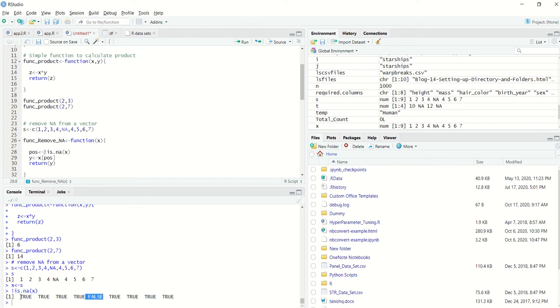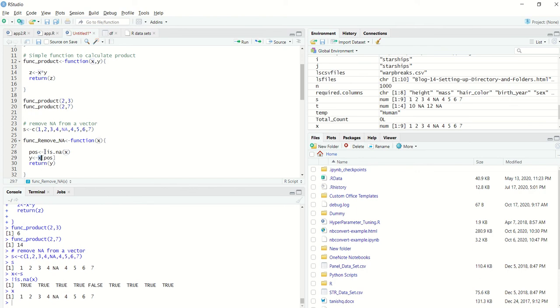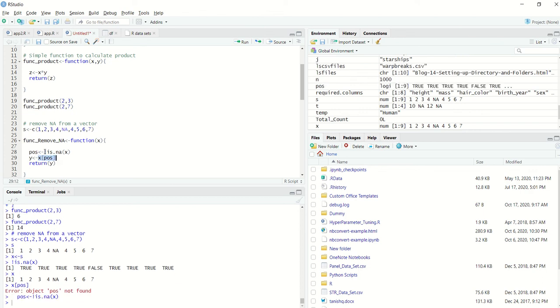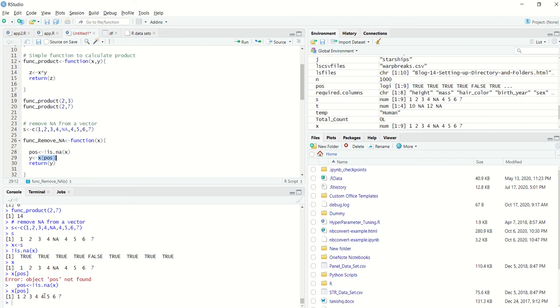So TRUE means positions where there is not an NA, and FALSE means the position where there is an NA. Once we have this vector, we will use it in an index kind of setup on x, because I only want those values where there is not an NA. There is no NA here, so I will assign it to y, and that will be returned as the function output.